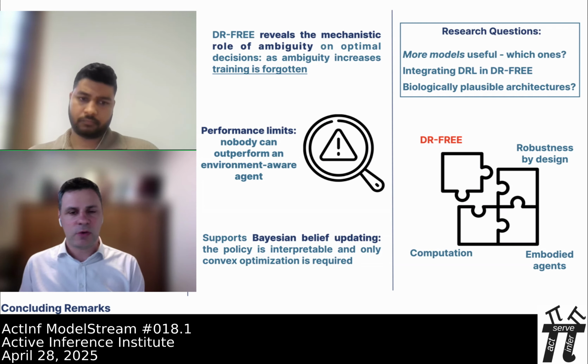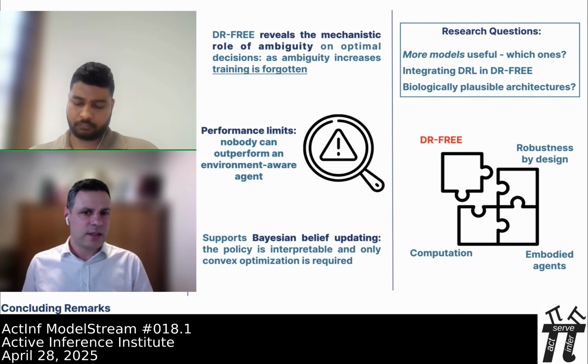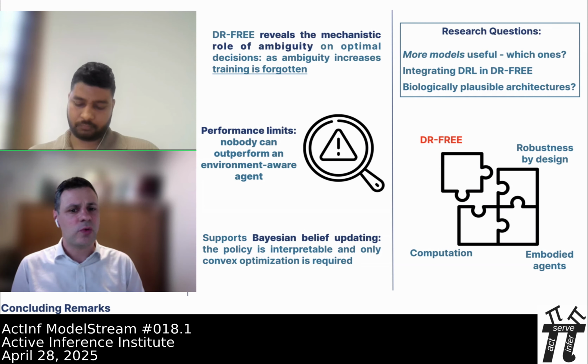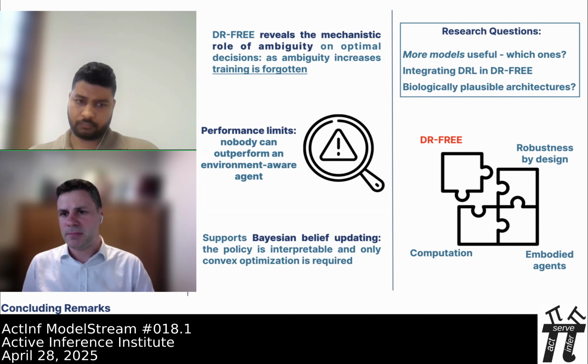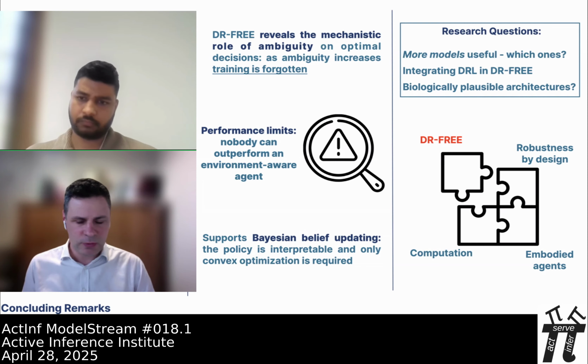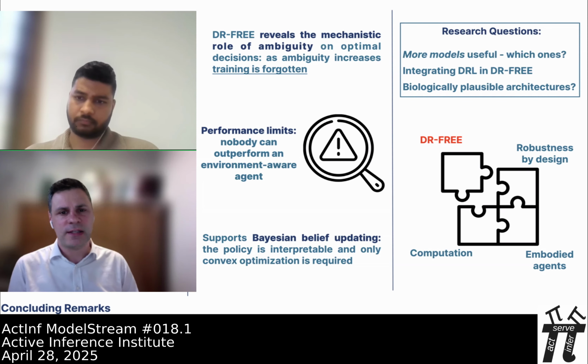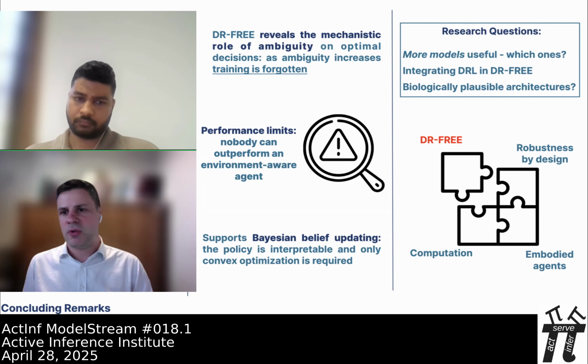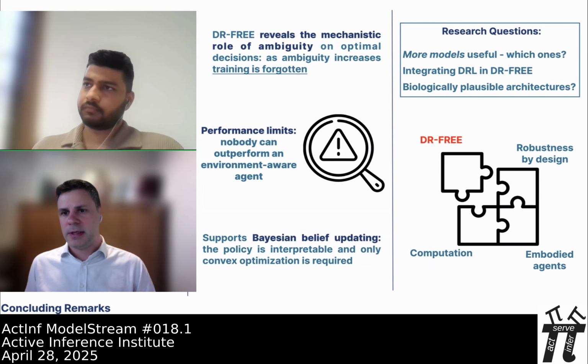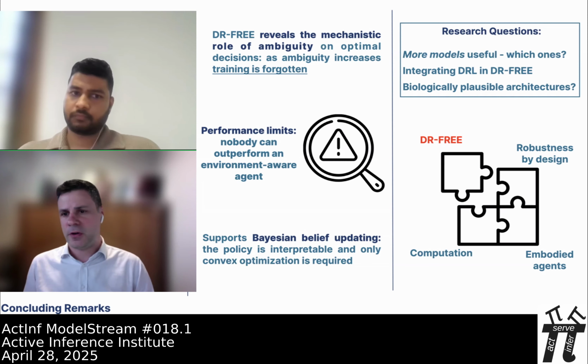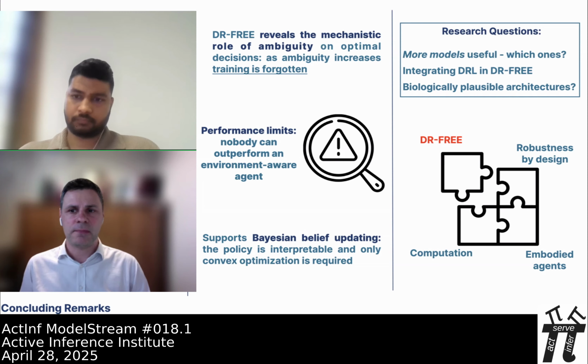There is also another. I'm not a neuroscientist, I'm going to start with that, but I think the model has some cognitive implications. As Hozefa just showed, it supports Bayesian belief updates. But one thing that we had no time to discuss, of course, is that something very nice happens in the regimes of large and small ambiguities. So basically, when ambiguity is small, you get the behavior of an agent that knows everything about its model. And it turns out that nobody can outperform this agent. So it's the best possible agent. It is an oracle, essentially, that does the best possible actions and will achieve the best cost function.